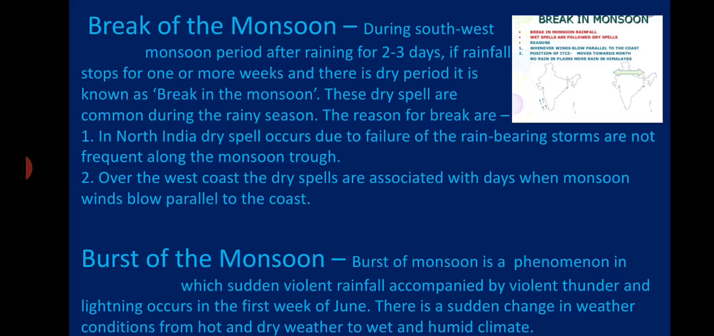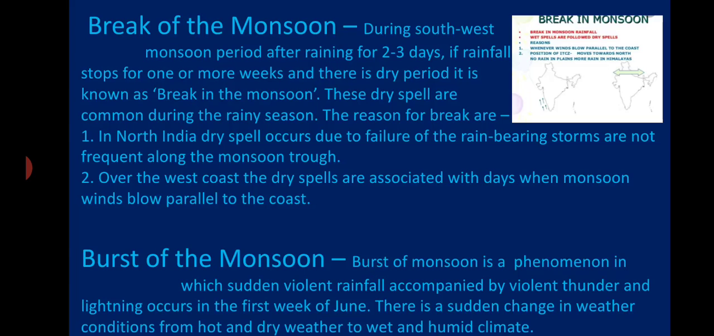Then comes break of the monsoon. During the southwest monsoon period, after raining for 2 or 3 days, if rainfall stops for 1 or more weeks and there is a dry period, meaning there is no rainfall, it is known as break in the monsoon. These dry spells are common during the rainy